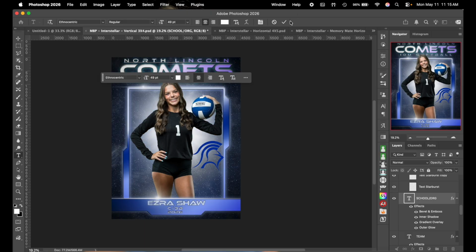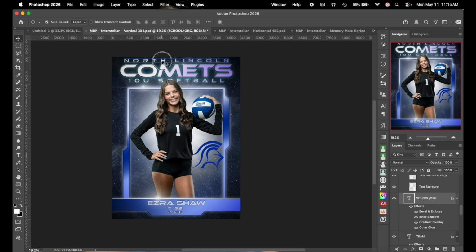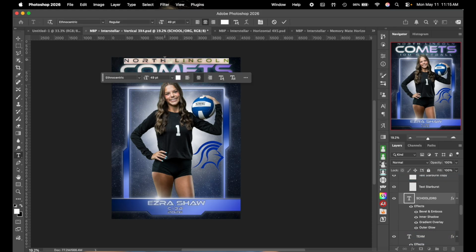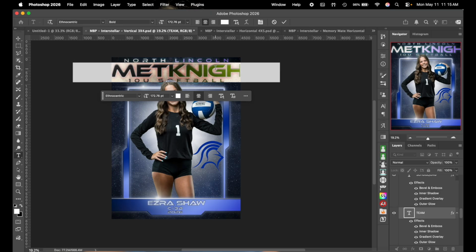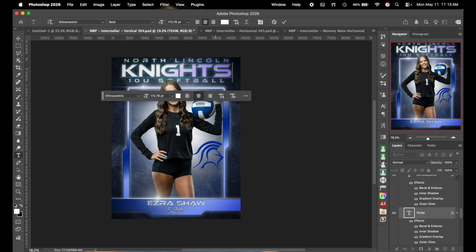And all I did was, with my move tool, I just clicked it and it auto selected it over here. Then I just double clicked it to highlight all the text, or you can just grab the text tool itself, click in there, Command or Control A to select all of it and change it there. So we'll do it that way here with the team name. Whoops. Command or Control A to select all, then type. I don't think I'm going to reposition that, but let's do